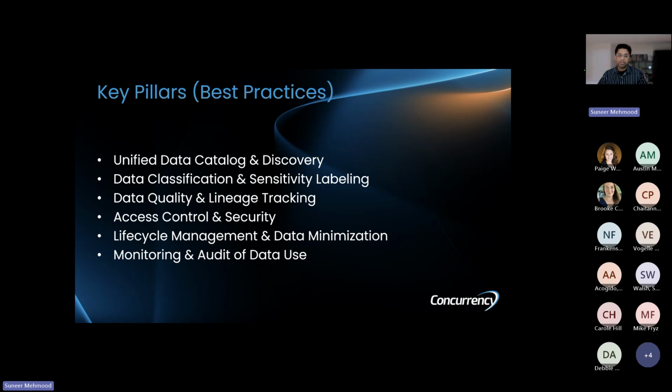Another key pillar is data classification. We want to classify what is publicly categorized data, what is personal data, what is sensitive data, and so on. And not just for AI usage or to train AI, also from a data systems perspective, right?